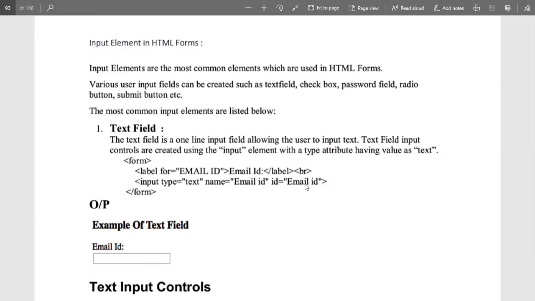Here we mention the text field in the input type, and look, this input contains an attribute that is type, which has the value text, so that we can insert a text value in the field of email ID, right?